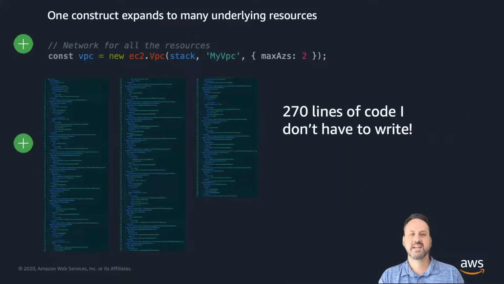So again, here, talking about this idea of creating this new VPC, it's really hard to see this, but here, if I were to do this with CloudFormation, this could be up to like 270 lines of code. And I don't know about you, but personally, I don't want to be writing 270 lines of code in JSON or YAML. So a single line here is much simpler, and we're seeing a lot of adoption with these new